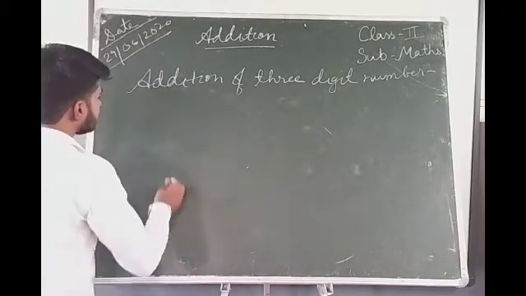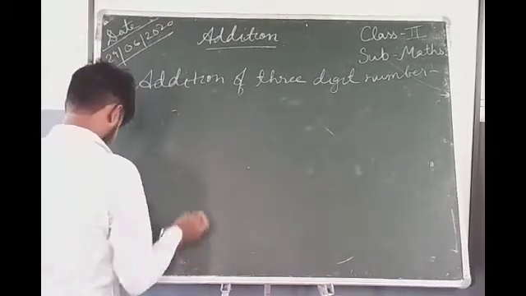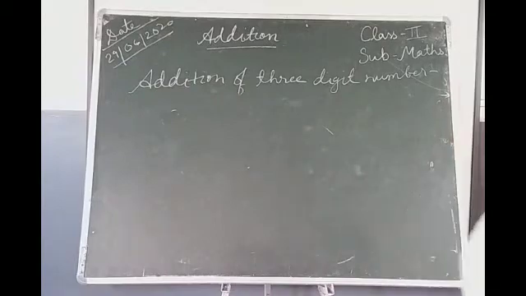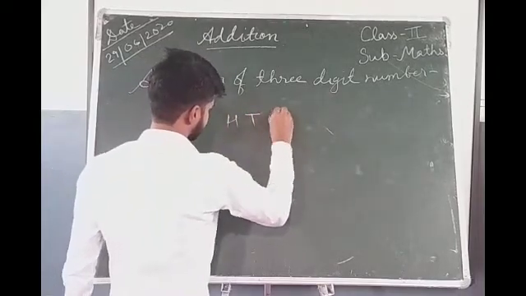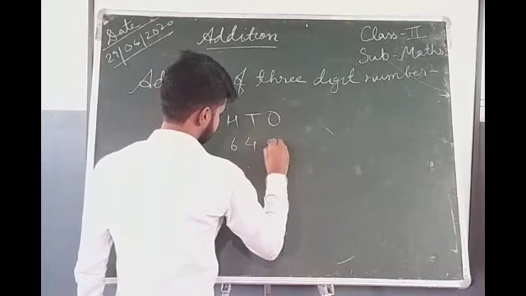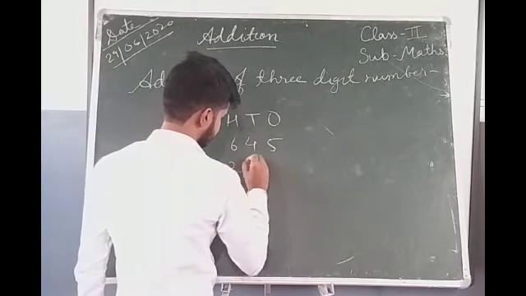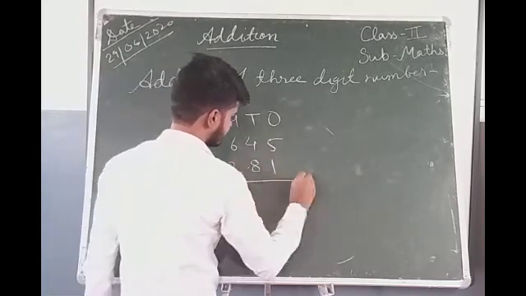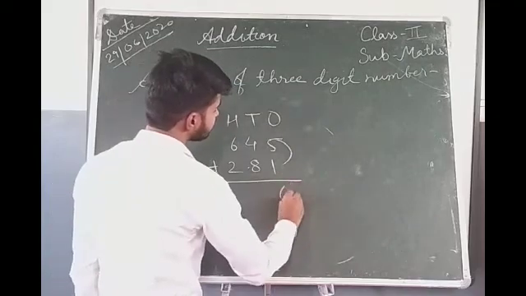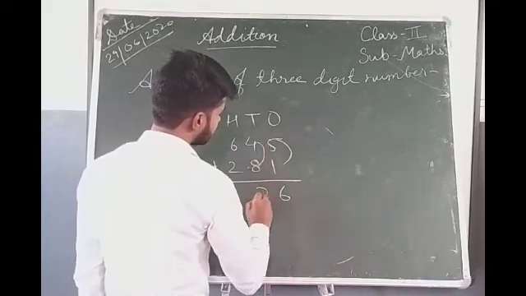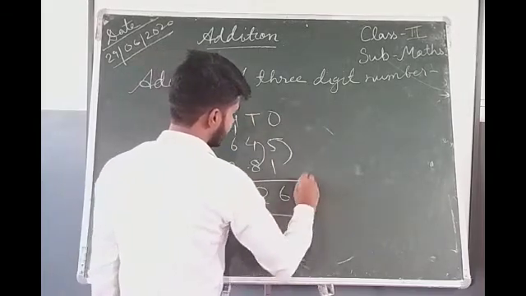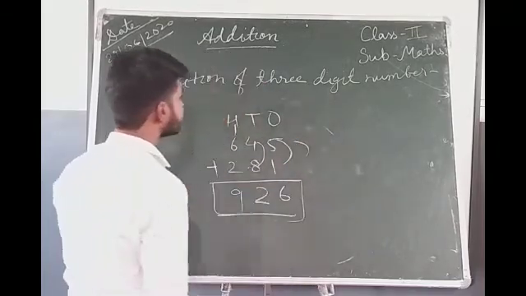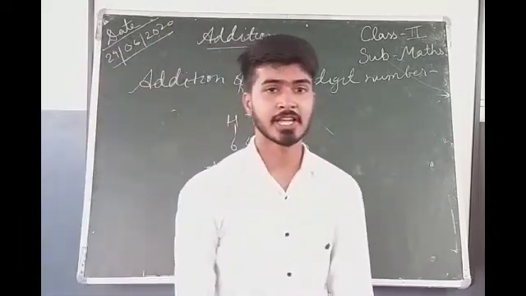So your last example we will take for this addition. 5 plus 1, that is 6. 8 plus 4, that is 12. And this 2, and there 1 carries. 6 plus 7 plus 2, 9. In this way we can solve addition problems with regrouping. So thanks for today's class.